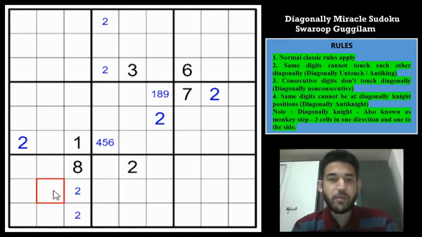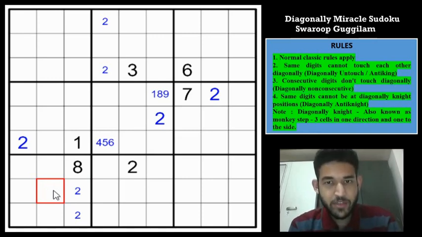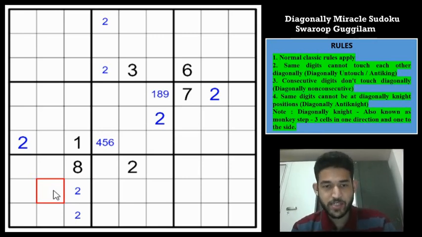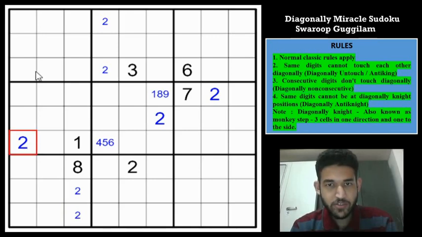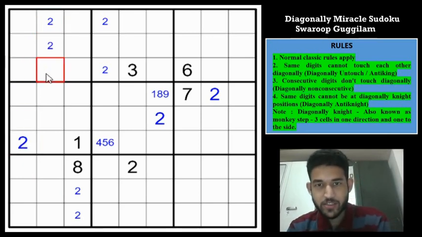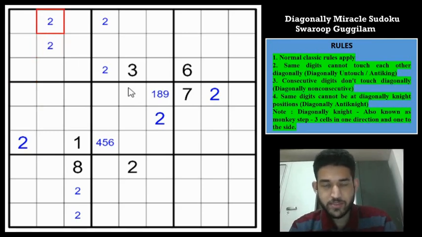You just have to remember that you cannot reach any cell which has 3 steps in one direction and 1 step in the perpendicular direction. Okay, so the 2 is going to be in one of these 2 cells and 2 is here, so which means in column 2 we need the 2 here in one of these cells. But this 2 is at a monkey step away from here, right? So 2 must go into one of these 2 cells. And look at this, 2 can't be here, 2 can't be in these 3 cells, and these 2 cells are also at a monkey step away from 2.